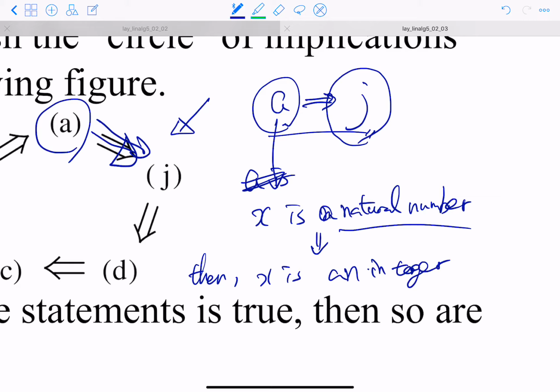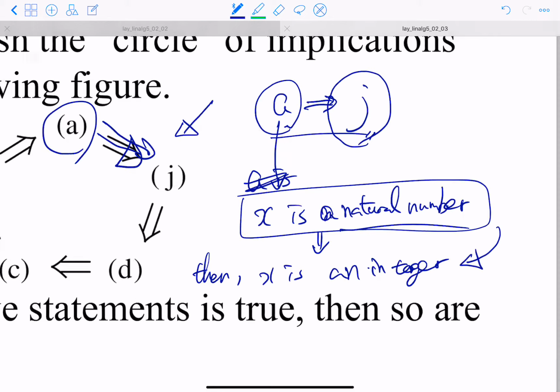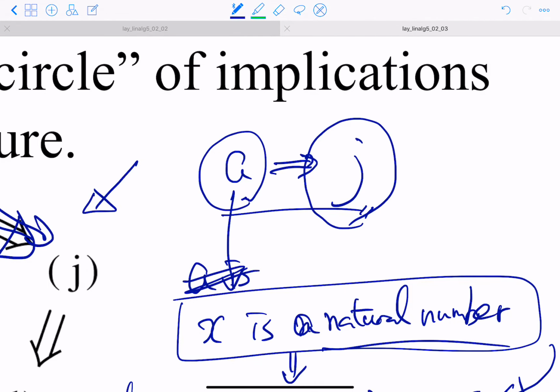It's quite a trivial example, but this is one example of this proposition. If this is true, then it always guarantees that this second statement is true. So in other words,